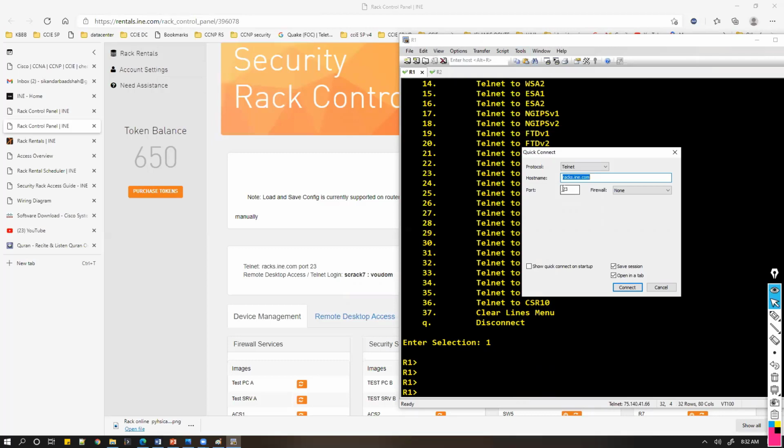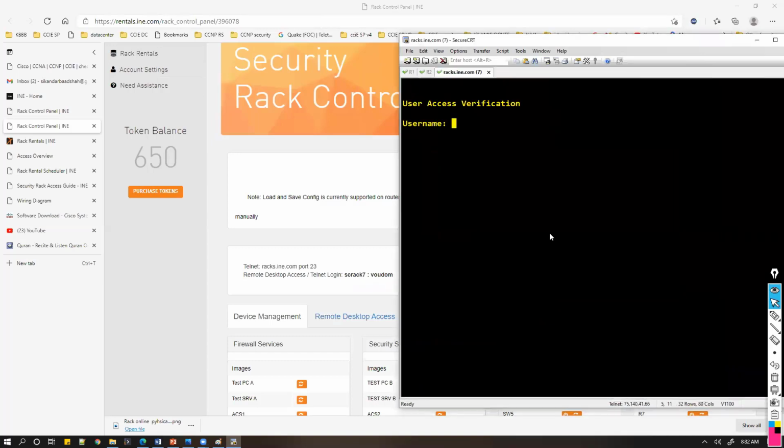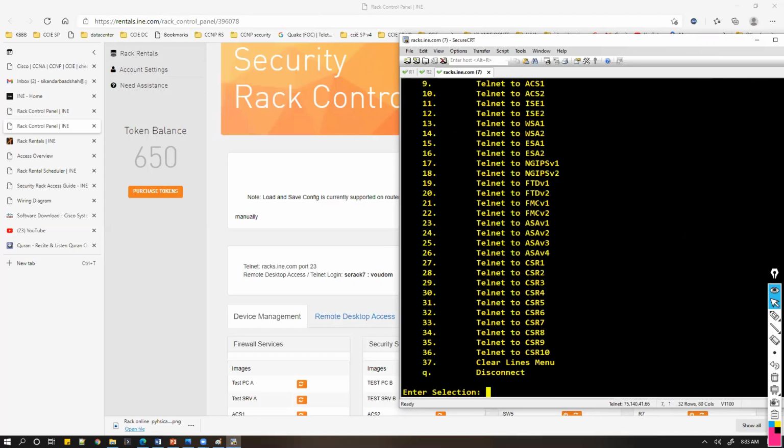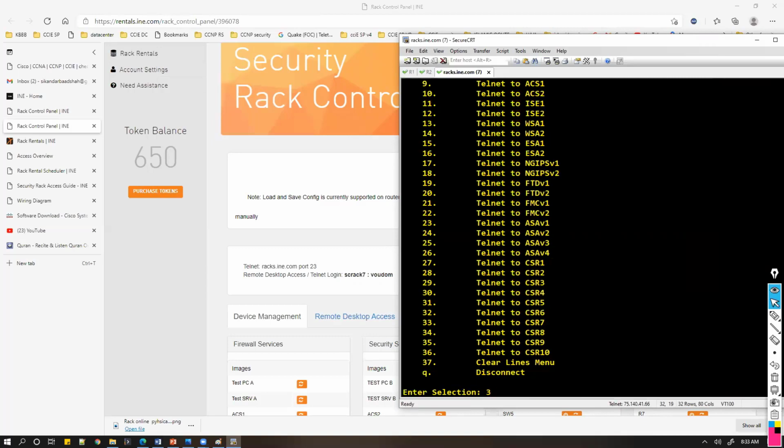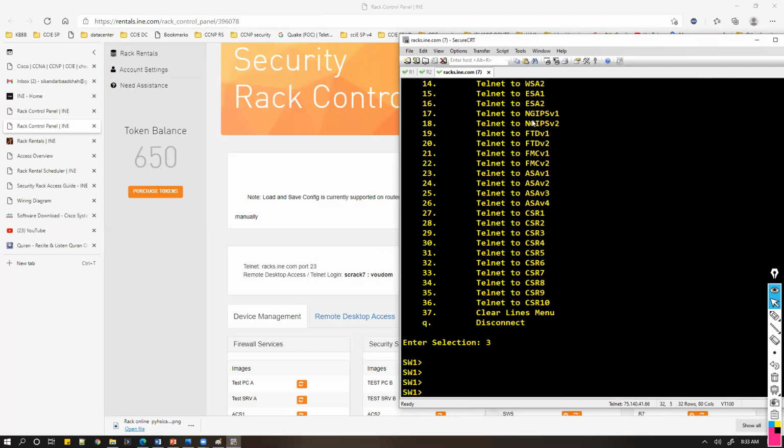I think I need to get access to switch 1 and switch 2 as well to do the basic setup. Now I want to access switch 1 and switch 2, because to do the basic layer 2 configurations for the connectivity part.